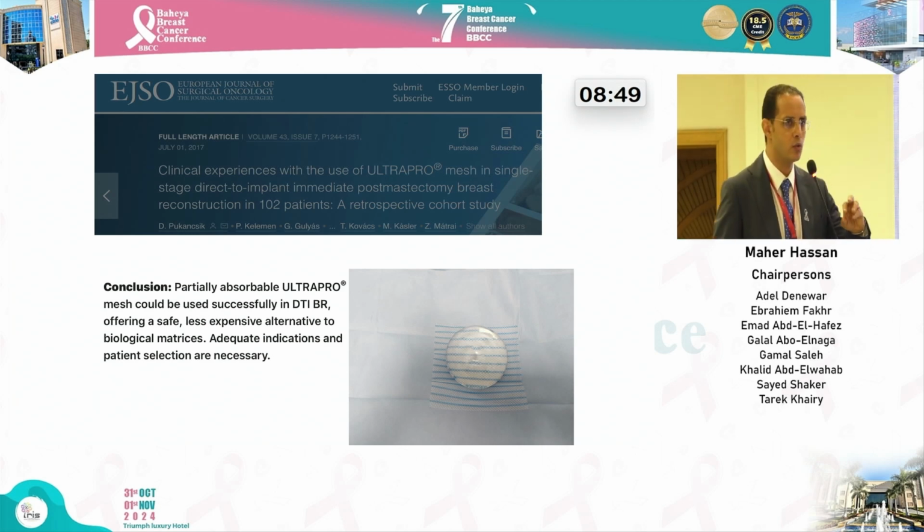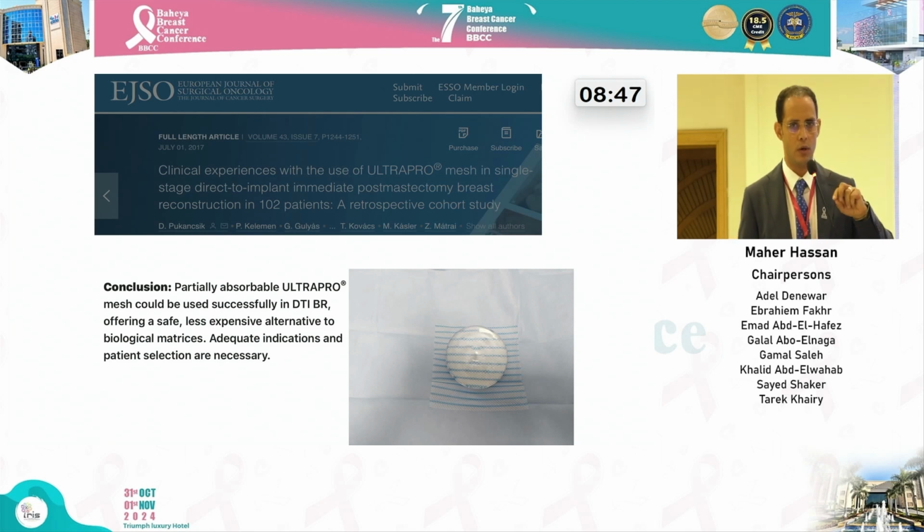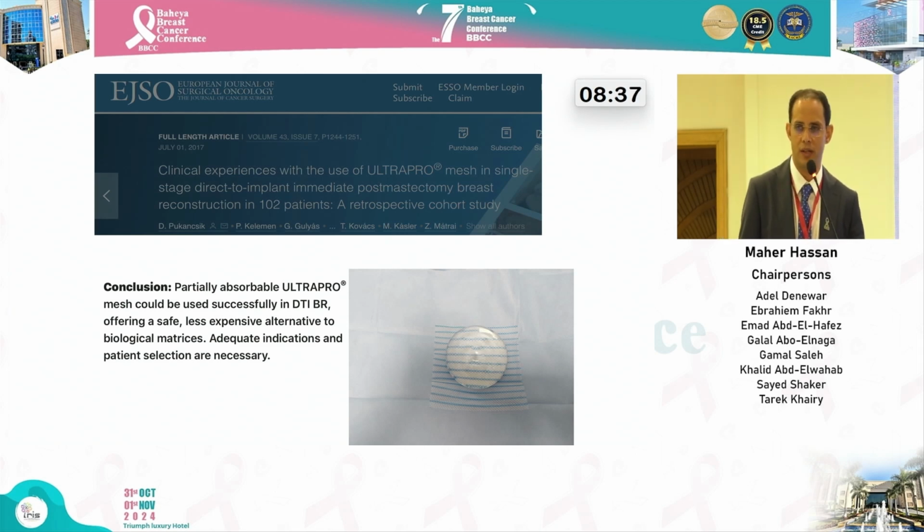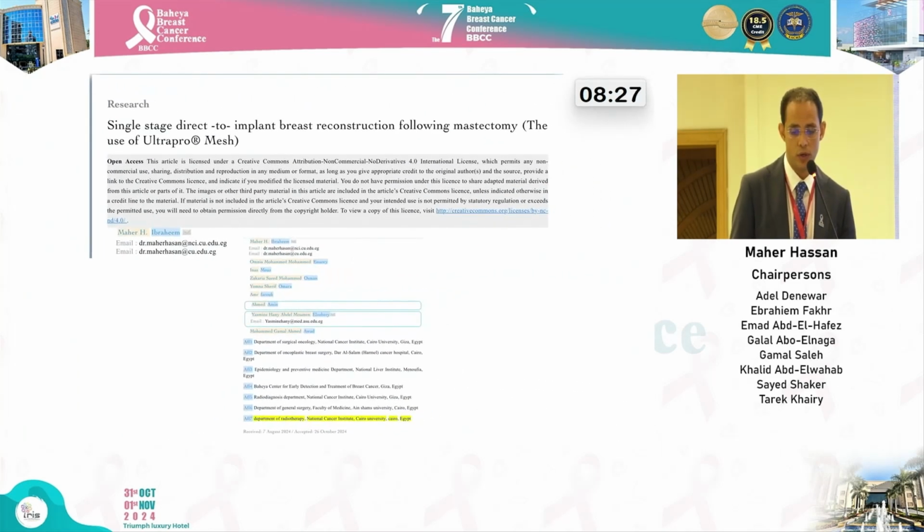This is the most important point, that we focus on the mesh. We found that ADMs are very expensive, and we searched for many other meshes. We found that the Ultra Pro is available in Egypt, and this paper supported the Ultra Pro mesh to be safe in this procedure, and we started to use the procedure in many series, and